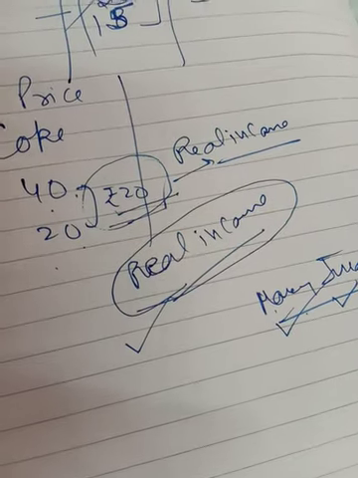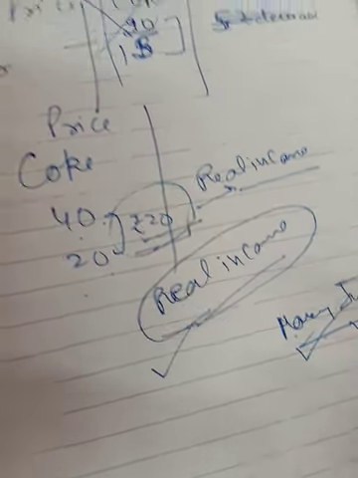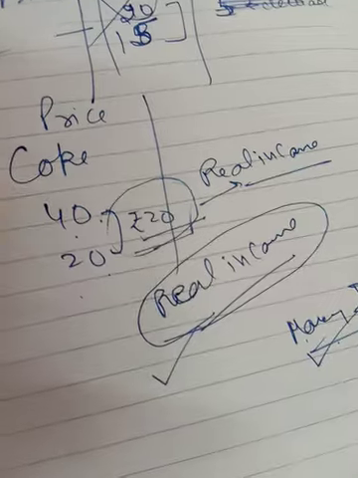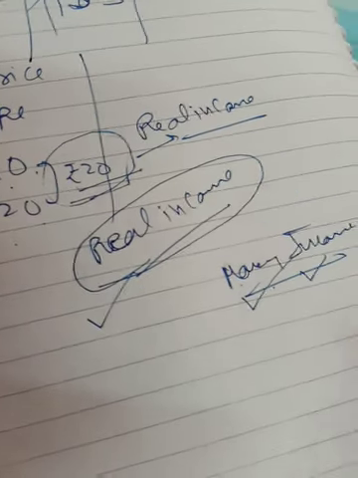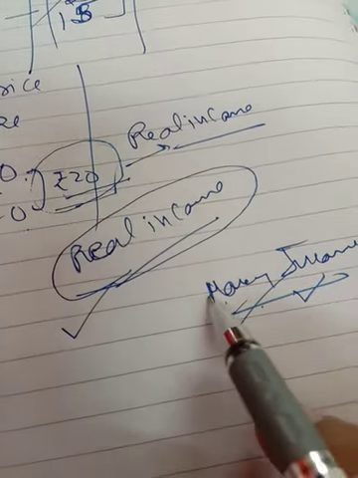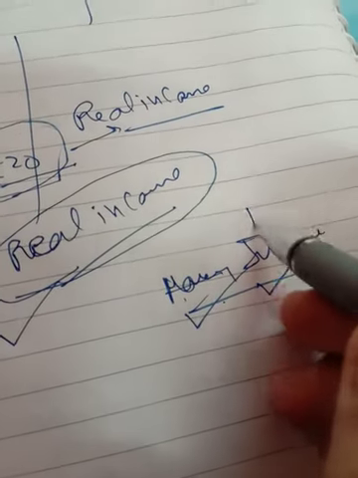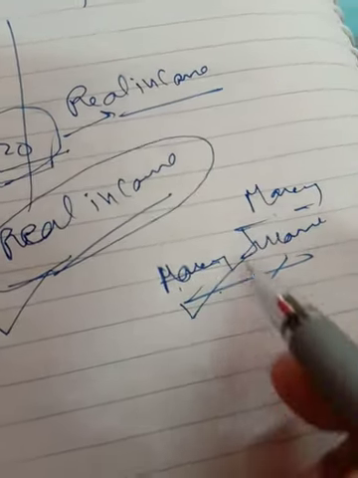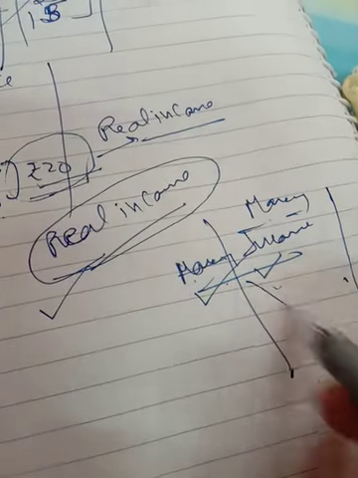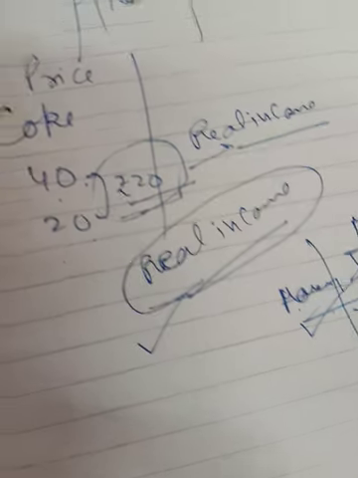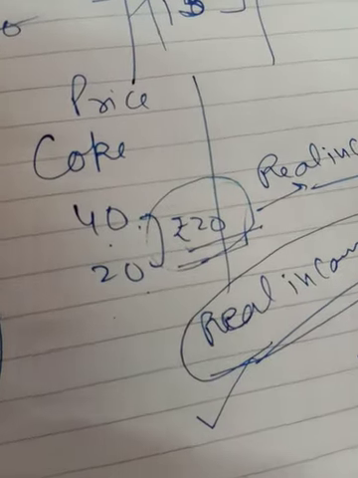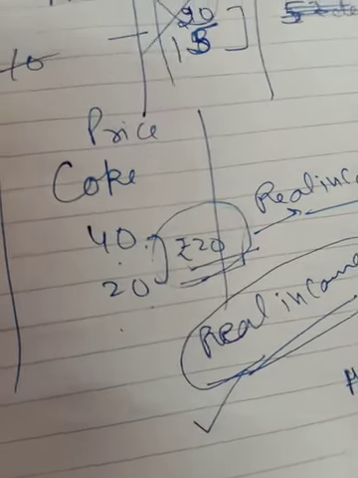And if the real income will increase, then what will happen? Now the people can purchase more because they are having more earning, they are having more purchasing capacity. And here, if we can say that their money income has been increased, that means their salary has been increased, we are not talking about this over there. No need to mention it. Okay, so we are not talking about money income, we are talking about real income over there. That means their purchasing capacity has been increased.